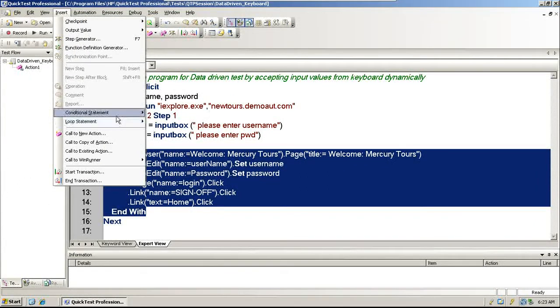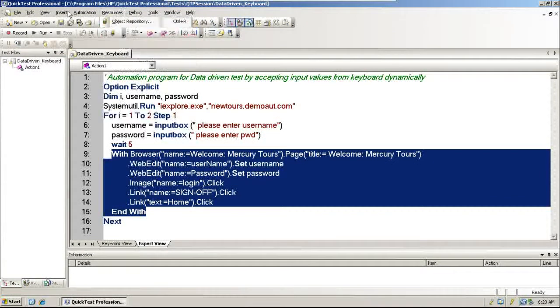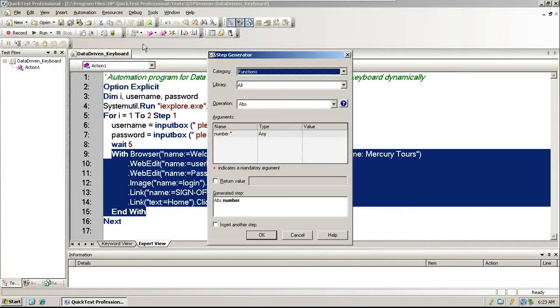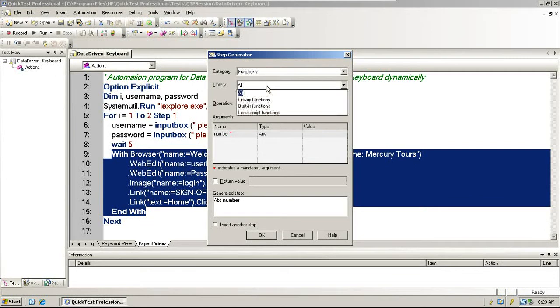Automatically you can put With from the step generator, I think. Should be somewhere. Okay, otherwise you can also put With. Somewhere it's part of the library functions, built-in functions, I guess.